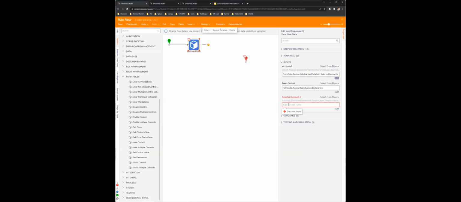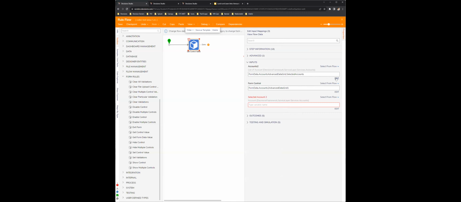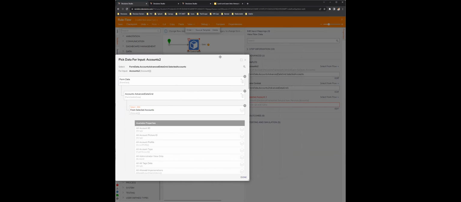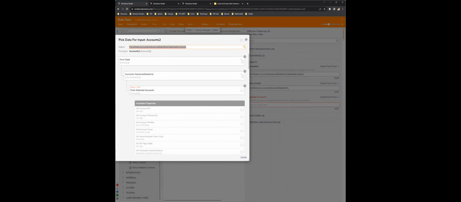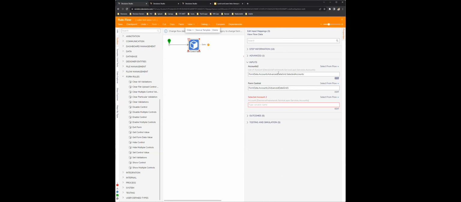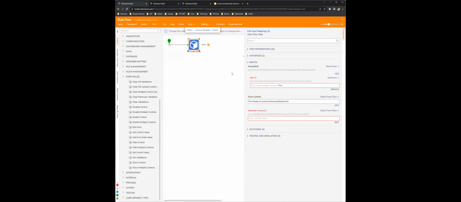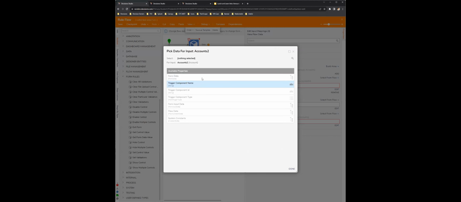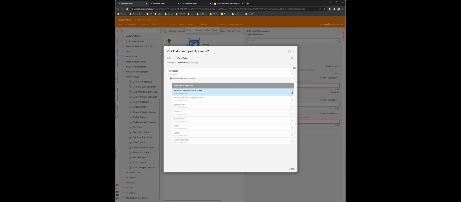Just the first row in that list. First row in that list, yes. Okay, so we could still do that. If that's not selected, we should still be able to. So this is expecting a list of accounts, right? So instead of select from flow, let's build the array, right? We're expecting the users not selecting the item. We just want to move the first item in that list over to the bottom, right?